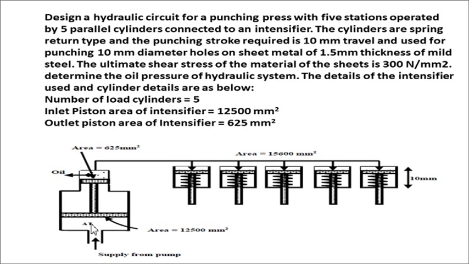Here you can find the intensifier. From the larger side of the piston, air enters into the intensifier and the oil is getting charged. Whenever it is required, this high pressure oil is delivered to the smaller cylinders in order to perform the work. Whenever the intensifier supplies, it supplies at very high pressure, because of which a very high force can be generated and used for a punching operation.